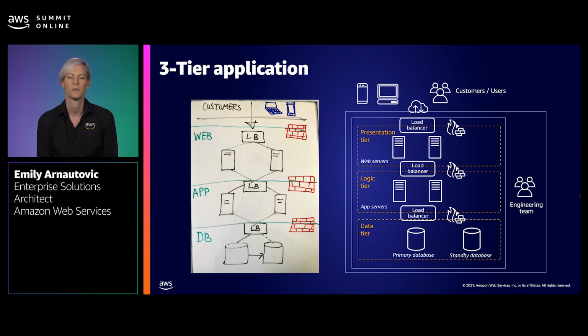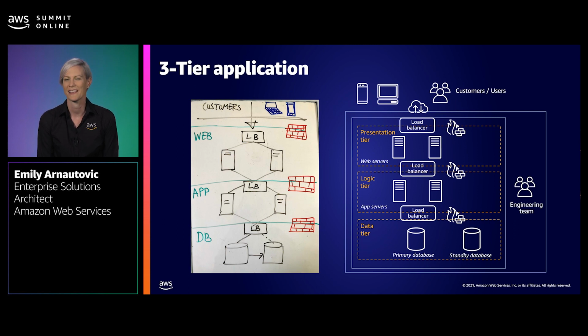Many, if not most of you, will be familiar with this architecture because it's used in client-server applications, such as web applications and many commercial off-the-shelf applications. For some of you, the core system that your business runs on may well be a three-tier app. It could be your HR system or ERP system. Three-tier apps are a very common pattern because they allow you to decouple the presentation, logic, and data tiers, and they can be managed independently of each other. Communication and traffic is generally via load balancers.